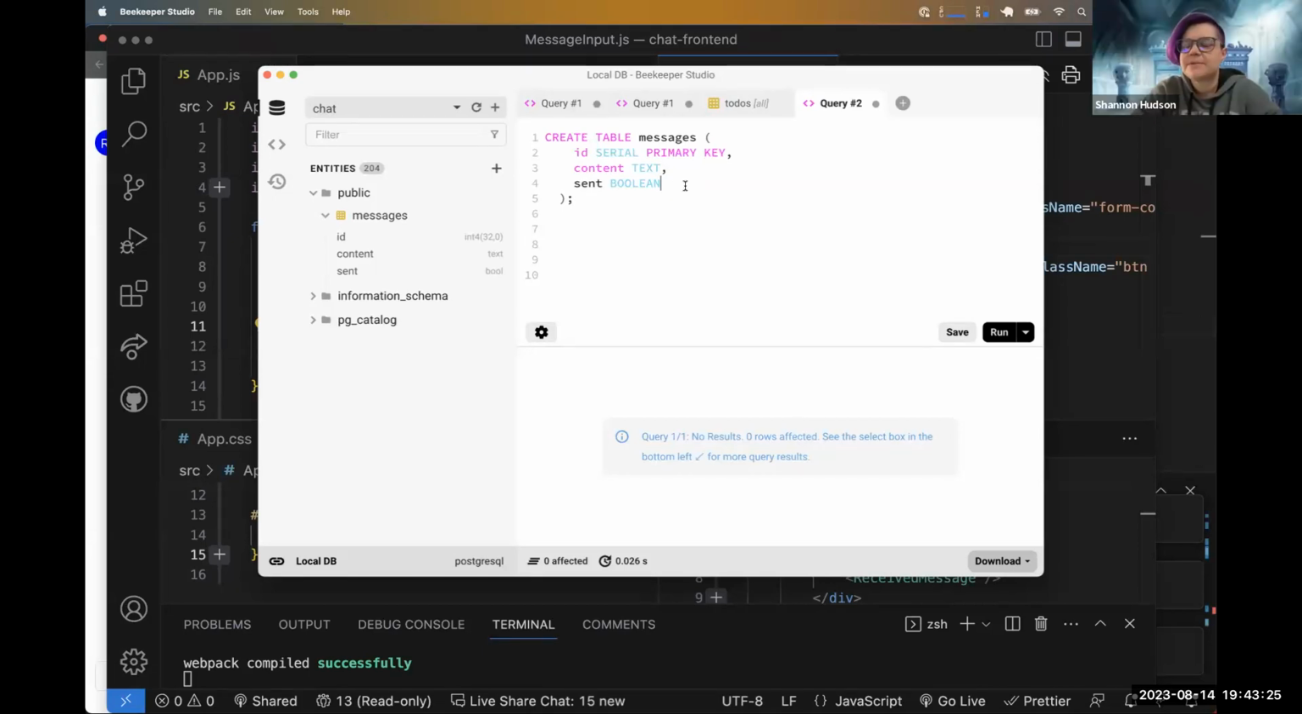Is there a reason we capitalize a lot of it? Not real. Yes and no. SQL doesn't care what we capitalize unless it's in quotes. If it's in quotes and it's recognizing it as content, it will remember that casing. What we normally do is if it's a SQL keyword like create table, serial, primary key, text, Boolean,